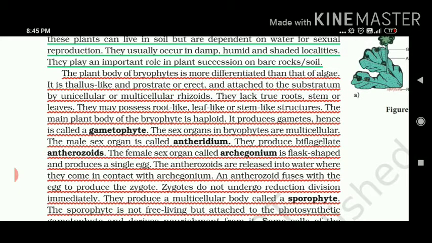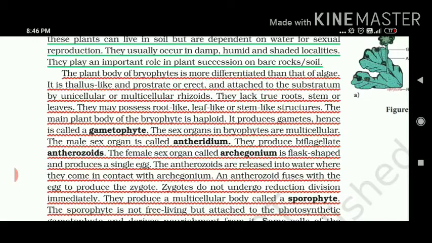So it is similar to humans also. Egg is always produced as a single entity and sperms are produced in bulk. Why so? Because male gametes have to travel to the female body part. That's why they are released more in number. So antherozoids are released into water. Who is releasing antherozoids? Antheridiophore or antheridium, right?